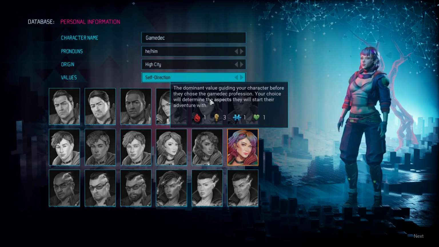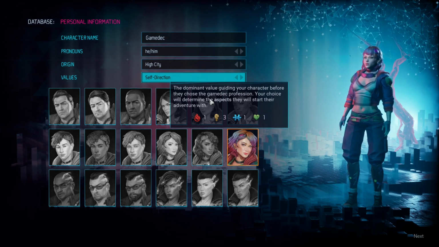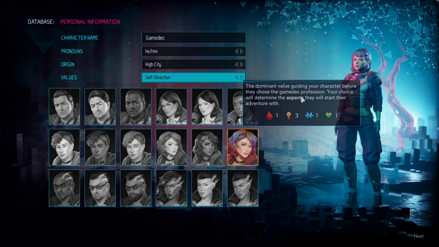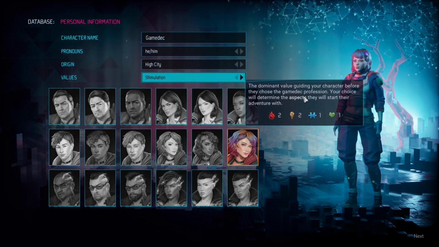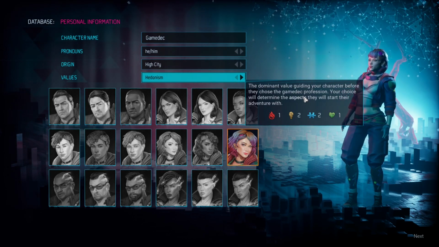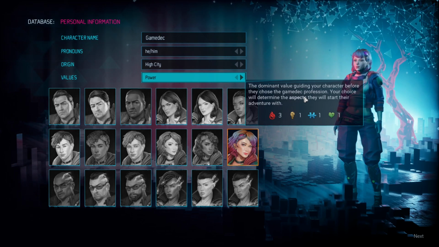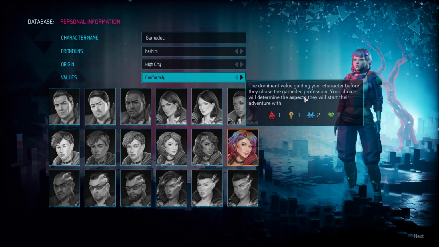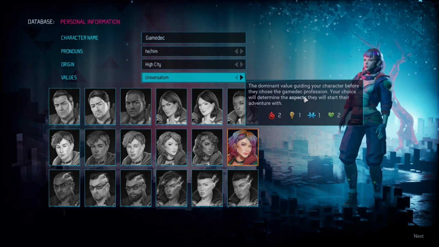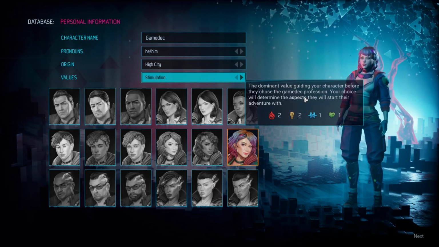The dominant value of guiding your character before they choose your profession. Okay, so self-direction is 1, I assume is passion, 1 knowledge, 1 problem-solving, and 1 health. Okay, stimulation. So you're really just wanting to be stimulated. Ooh. Hedonism. Okay. Achievement. Power. No. Security. Conformity. No. Tradition. No. Benevolence. Universalism. That sounds better than... Okay. Self-direction. Kind of...